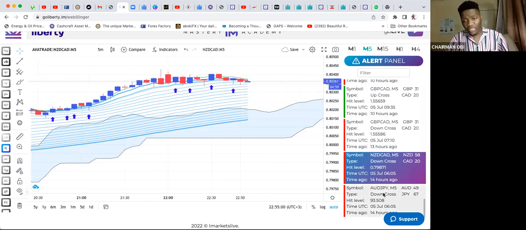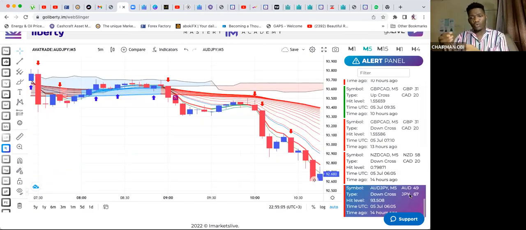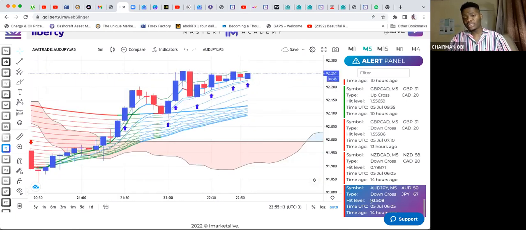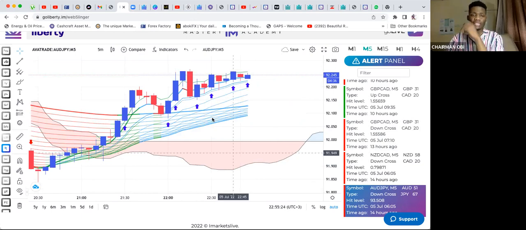Now, let's quickly look at AUD JPY. Can you see AUD JPY here? Guys, is this market a buy market or a sell market? Before we move, because these are the things we determine before you actually take a trade. Is this market a buy or a sell? This AUD JPY you can see here. Is it a buy market or a sell market? Answers, guys. It's a sell market. Thank you very much, everybody. It's a sell market. This is because the quote currency, which is the JPY, is